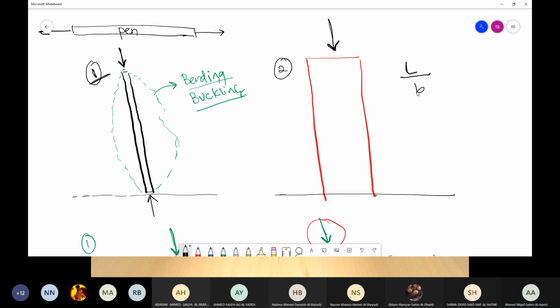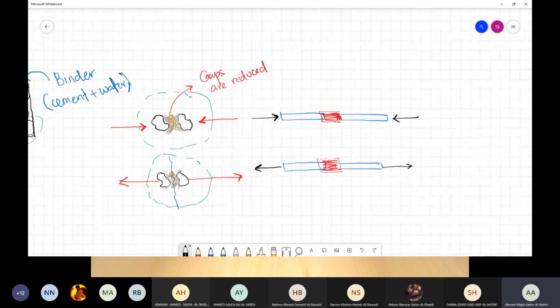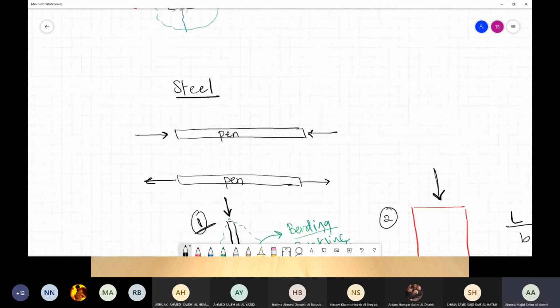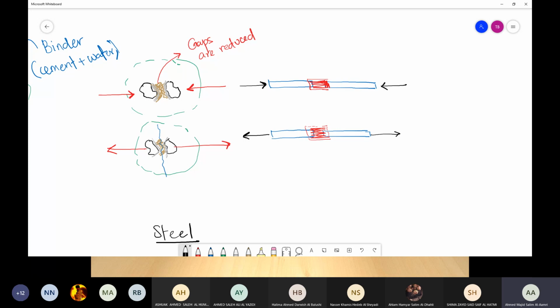Okay. So we explained compression and tension. We said concrete is good when it comes to compression because there are different particles glued together. It's not good with tension because these particles are going to be separated. For steel, we said they are good in both compression and tension, but if the element is a cylinder, meaning it's long but has a smaller cross section, then it will buckle.